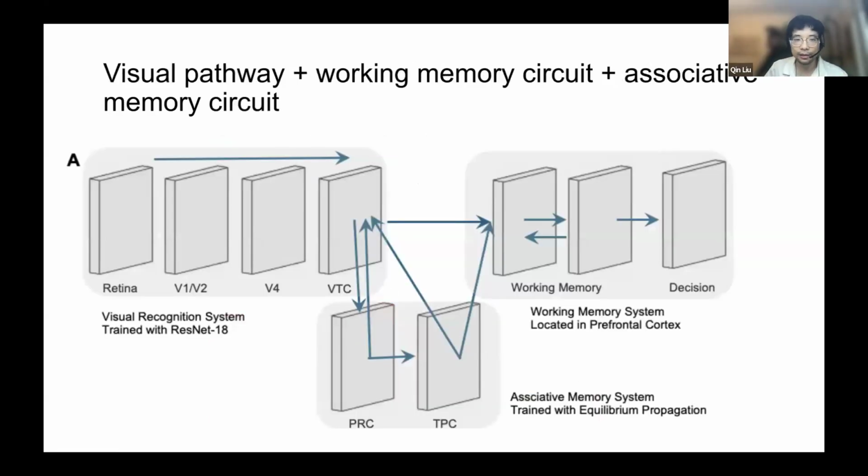So here is the model structure. Because this is way too complex, I only show each layer as one block, as one node. I have this visual recognition system, which is basically the same as the first two case studies. This visual recognition system represents the human visual cortices that can process visual images.